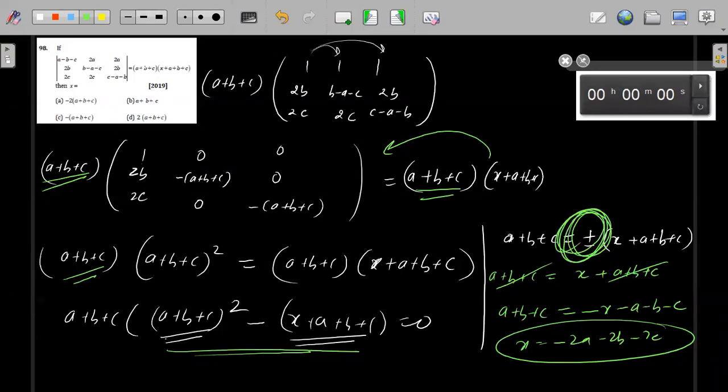Because there is a square. You cannot simply take the square out, because there is a square. Only because of that you will make a mistake. So there you have made a mistake, because there was a square and you will have two values, plus and minus